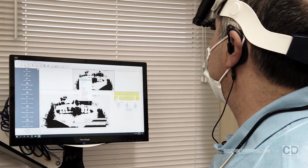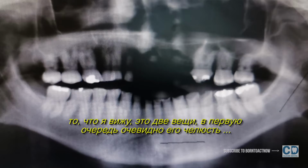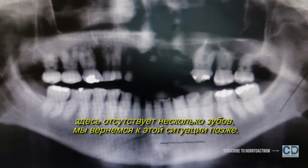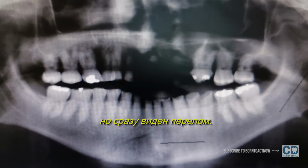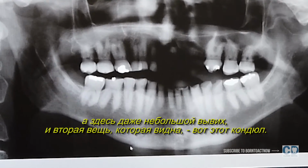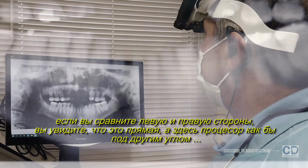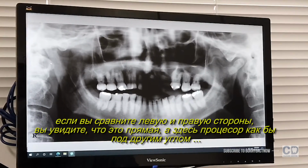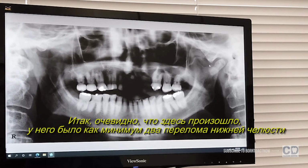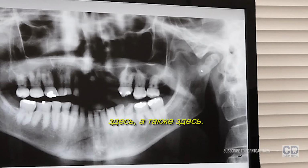And we can see here, what I see is that two things are visible. First of all, this is obviously his jaw, and you see here multiple teeth are missing. We will get later to this situation, but immediately what one sees is that here is a fracture, goes here along, and here is even a little dislocation. And then the second thing that is visible is this condyle here. If you compare the left to the right side, you see how this is upright, and this has a different angle. So obviously what happened here, he had at least on two sides a fracture in his mandible, dislocated here on both sides and here